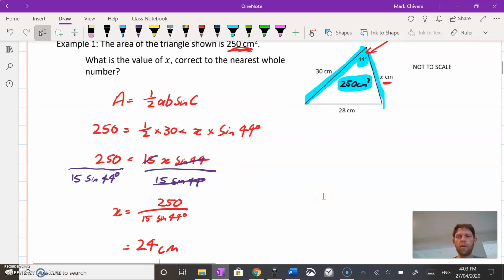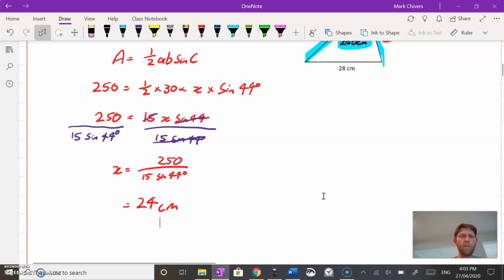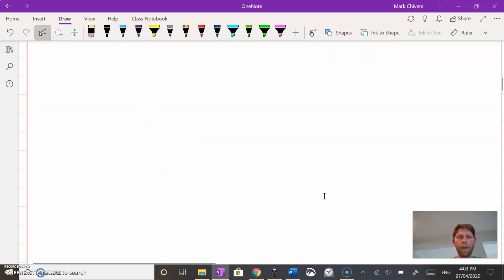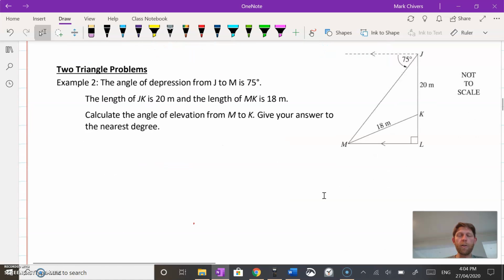Okay, like I said, you could have solved that a different way, but I reckon that's probably the simplest way to solve that one. Okay, moving along to our next one, we've got a two triangle problem, and we've got an angle of depression. Now, we know that an angle of depression equals the angle of elevation. So this little angle in here